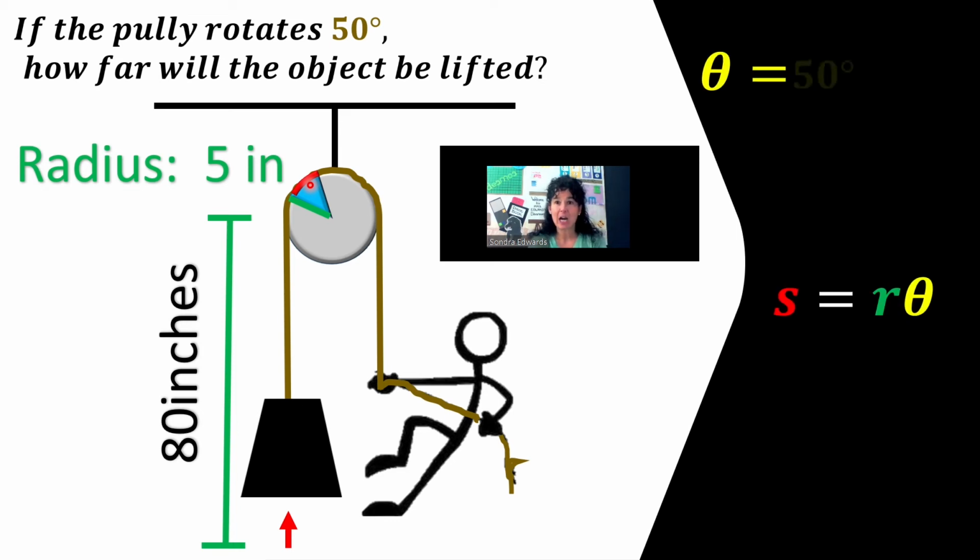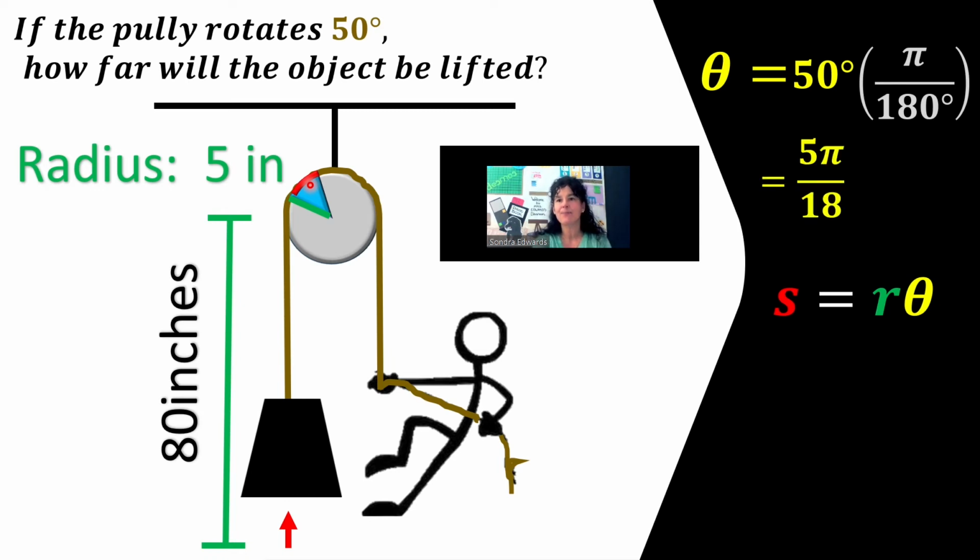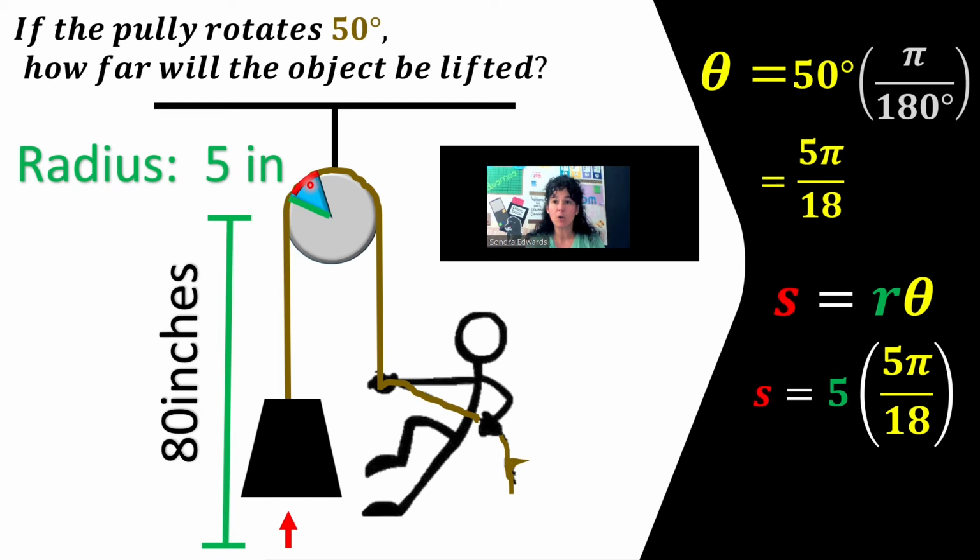50 degrees, however, is in degrees and we need it in radians. So let's multiply that by pi over 180 to convert the angle measure to radians. We end up with 5 pi over 18. Now we have everything we need. The radius multiplied by the angle measure in terms of radians is 25 pi over 18, which is about